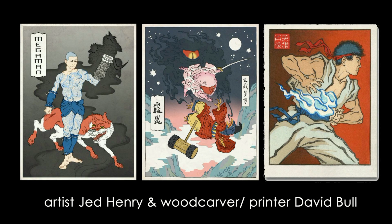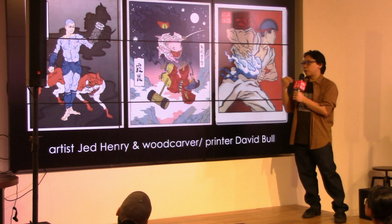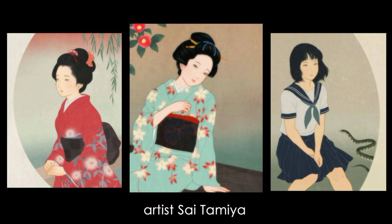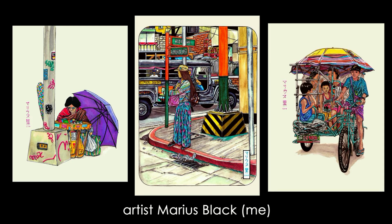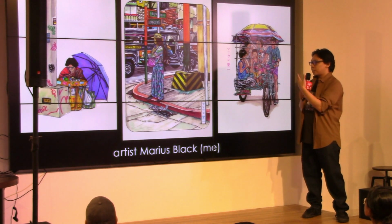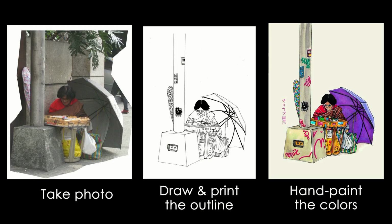So up to date, there are artists that are still inspired by the ukiyo-e art style. So here is Paul and Saitamiya, and also me. I also paint Manila scenes, artworks inspired by the ukiyo-e art style. I just paint the Manila scene. So what I do is...